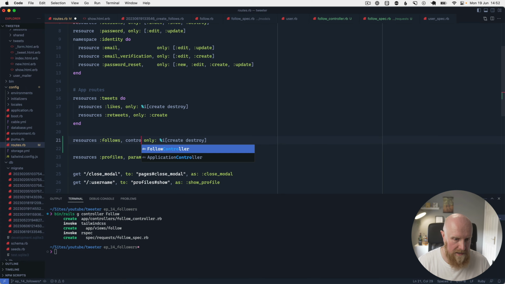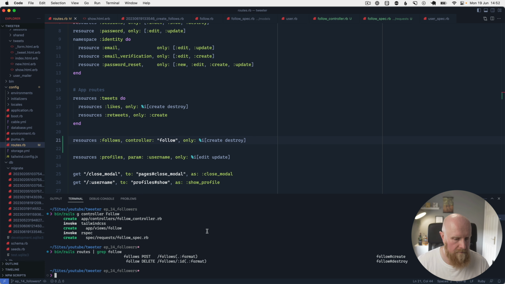So we'll want to put in controller, and we'll just call it follow. So if we hit save, run our routes, grep for follow, and we have follows path, which will create a follow, and follow delete path, which will